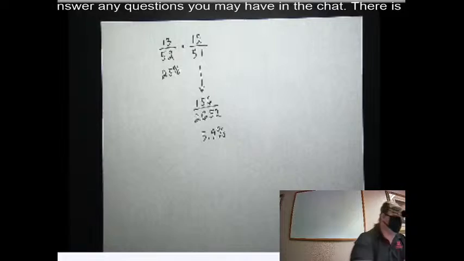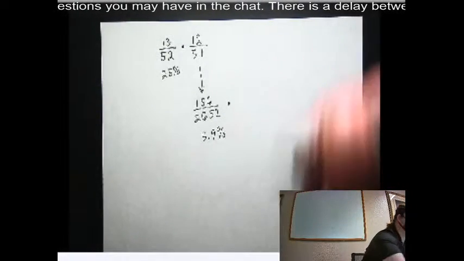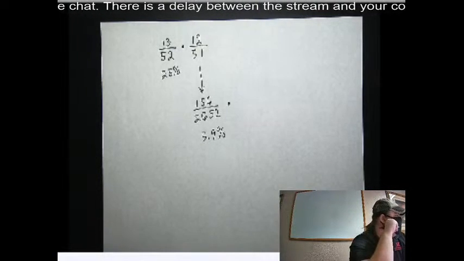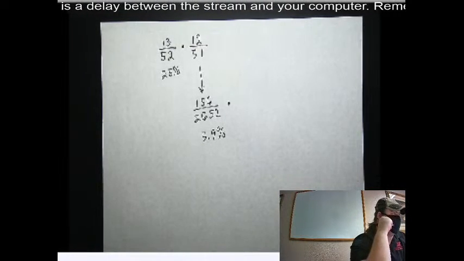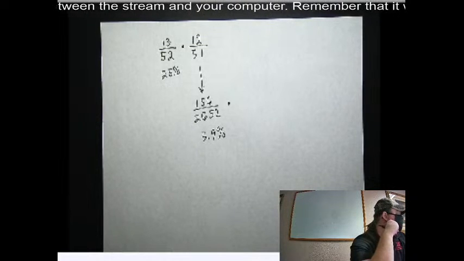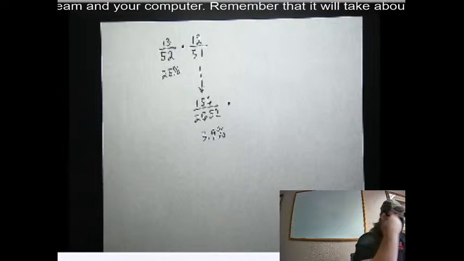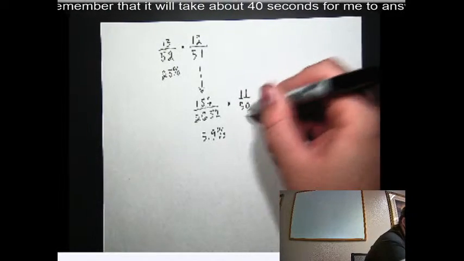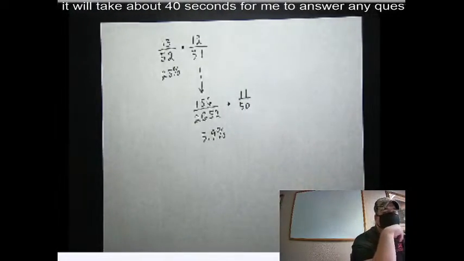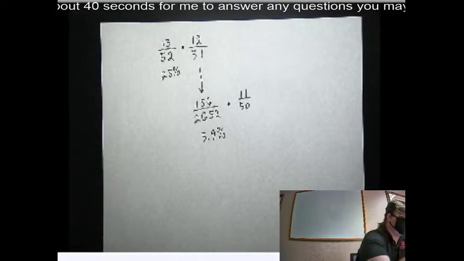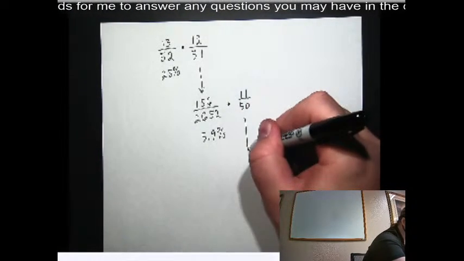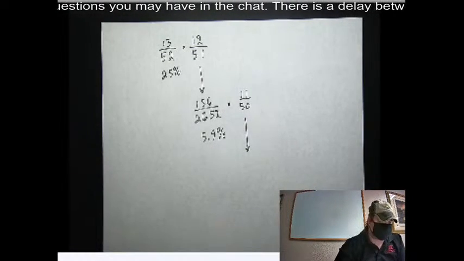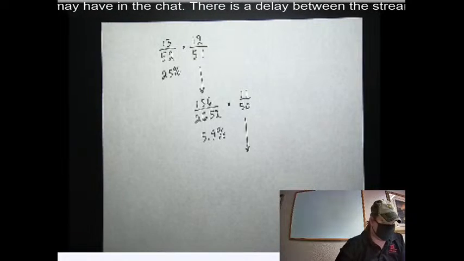Okay, well, I want to do it again. So maybe I got lucky both 2 times. I want to try again. What is my new probability that I need to multiply this by? 11 out of 50. Again, I pulled a club. That means we have 1 less card. So let's see what we get. So 156 times 11